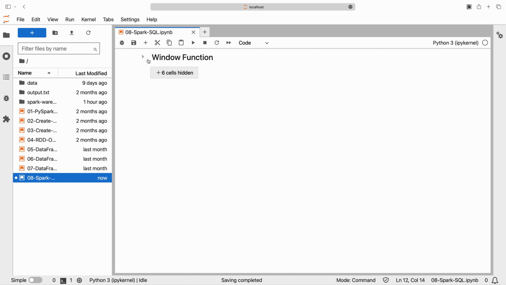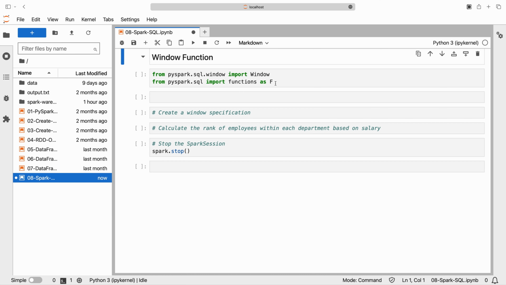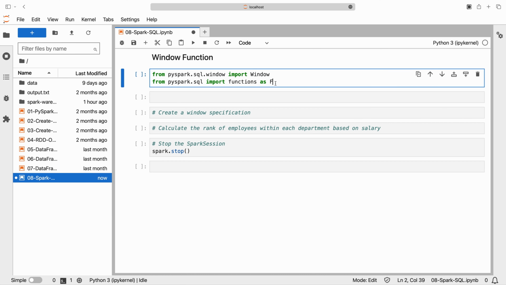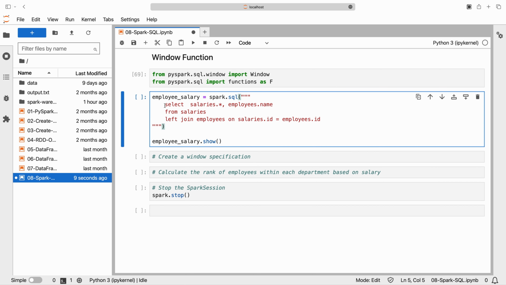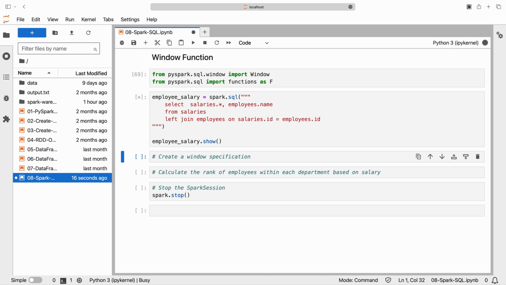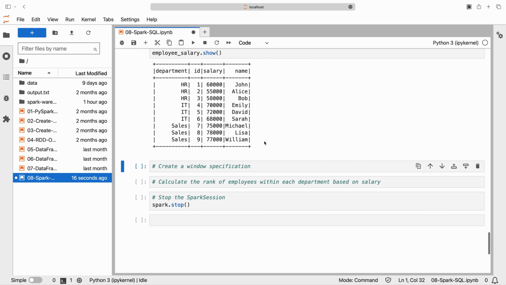Second, window functions. Window functions allow you to perform calculations across a window of rows defined by an ordered partition of the data. Common window functions include row_number, rank, dense_rank, sum, avg, and more. In this example, we will calculate the rank of employees within each department based on salary. Let's first join the table employees and salaries to have a data frame called employee_salary with columns department, employee ID,